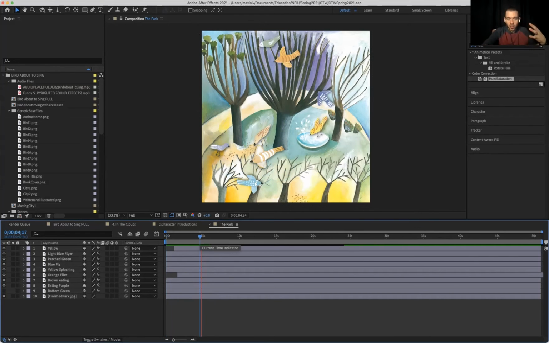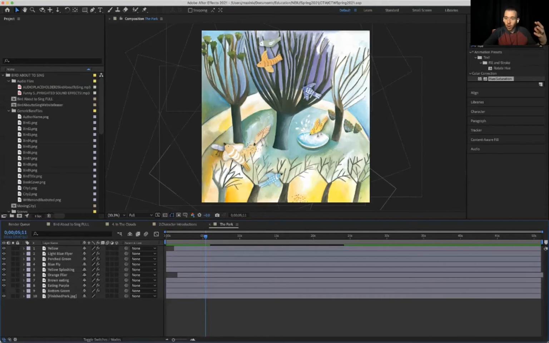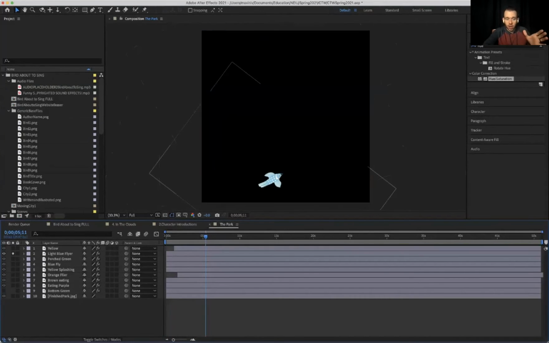And there's also, just a note in After Effects, the little circle dot here pinpoints one layer so we can see just that layer. So if I just want to see the light blue flyer, this is its action in the scene. Again, it has to re-render it because now it doesn't have all that other stuff in it, so it doesn't know exactly what's interacting with each other as it goes. It will render a little faster than otherwise because it's the only thing it's rendering. It's not doing math for all of this. It's only doing math for that little bit, okay? So then when I play this in time,